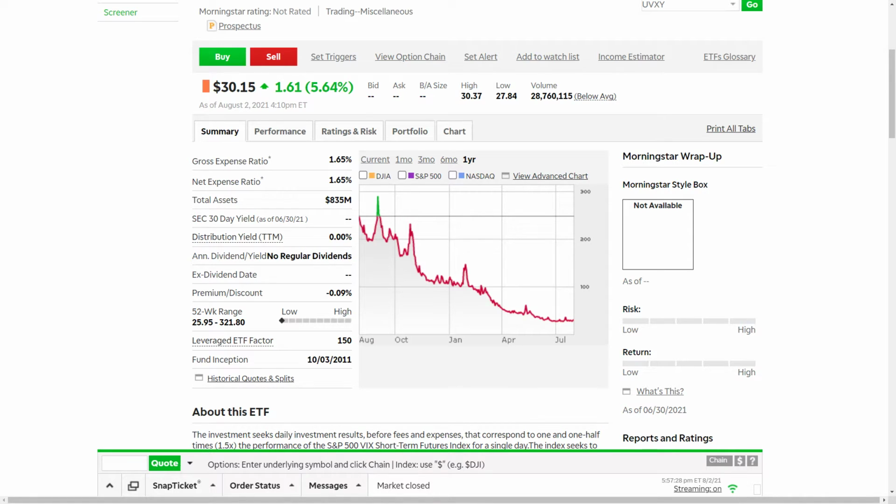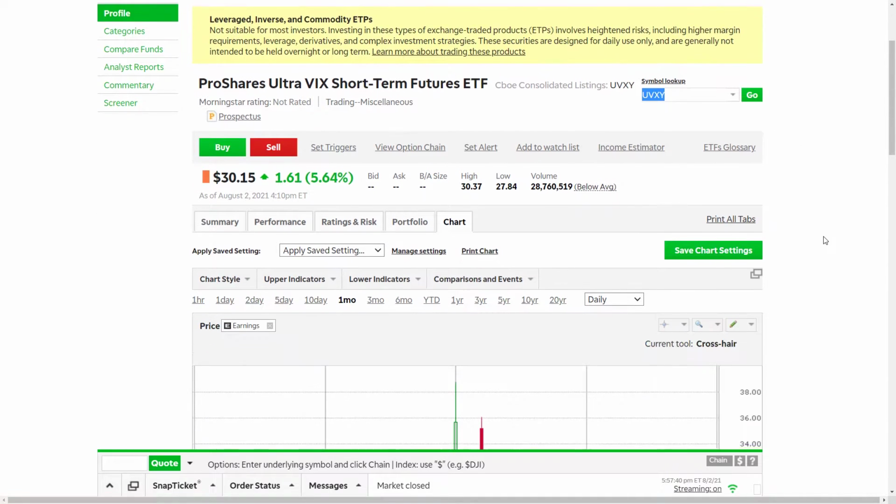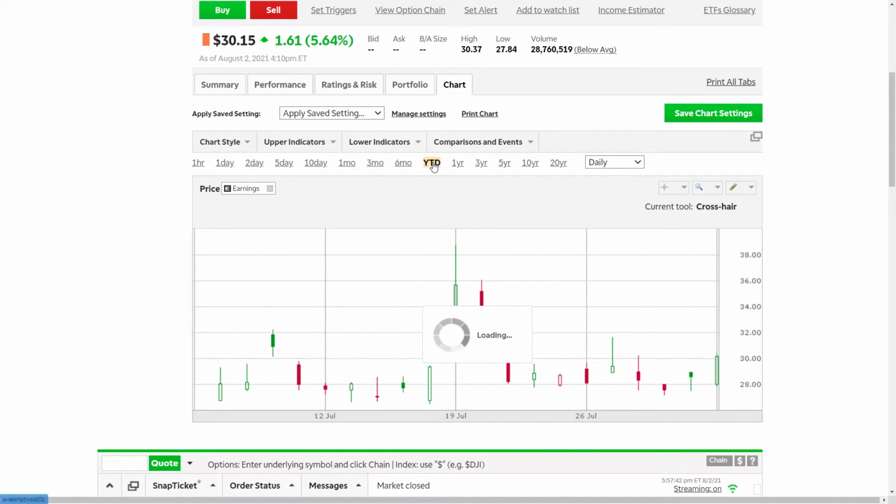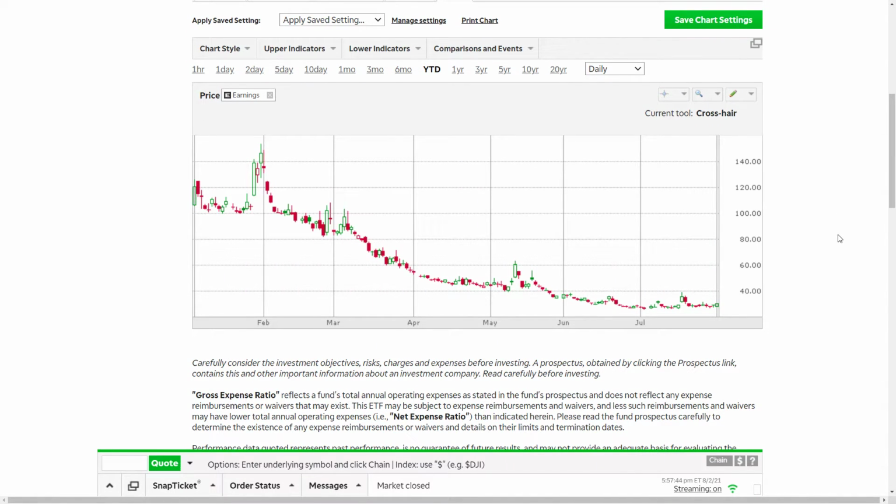So that's one of the things that we can look at and why we're tracking that. The reason why I highlight this is because I expect the volatility is going to continue to be incredibly pervasive going forward. The reason for that is if you look at the chart right here and what is included, and I'll include just year to date, you can see that there's been a lot of up and down movements, and right now they've gone all the way down into the $20 a share